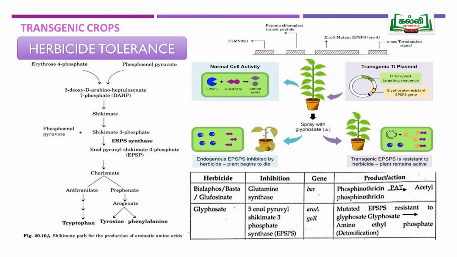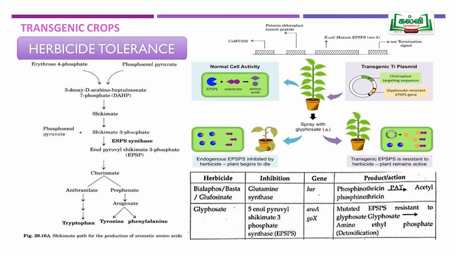Then we will discuss transgenic crops. In transgenic crops, the first one we will discuss is the herbicide tolerant plant. There are certain herbicides like glyphosate, bialaphos, Basta; these are all herbicides we normally use to protect from weeds. They either inhibit one of the metabolic cycles, or at the DNA level they target the herbicide gene. When it comes to the herbicide tolerant gene, here a mechanism is given.